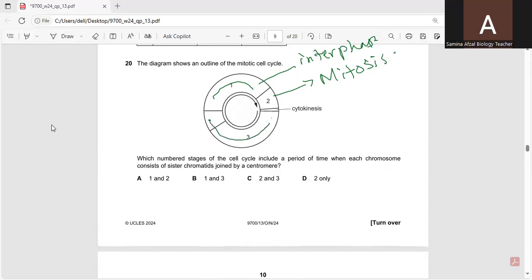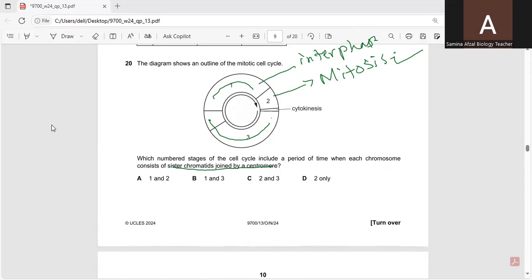But which number? We have to discuss that first. The stage 1 represents interphase, as I have told you. So what happens during these 3 stages? 1 and 3 together represent interphase. And phase 2 is clearly mitosis, and chromosomes have sister chromatids in prophase and metaphase within the M phase. So sister chromatids are present in this mitosis phase,